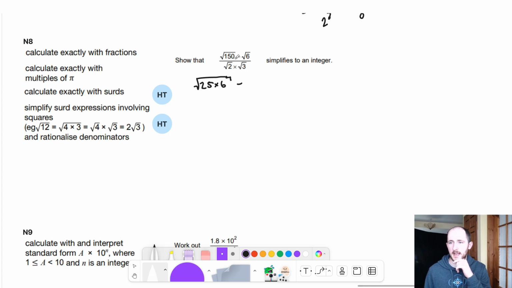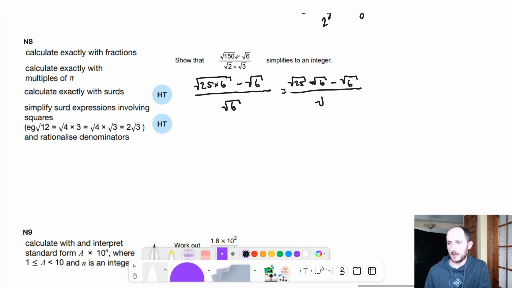6 we can leave as square root 6 to be honest, over square root 2 times square root 3 gives me square root 6. Now square root 25 times 6 is the same as having square root 25 times square root 6, and now hopefully you might be able to see why I said that we need to pick one of the numbers to be a square number, because now square root 25 is just 5. So this is equal to 5 root 6